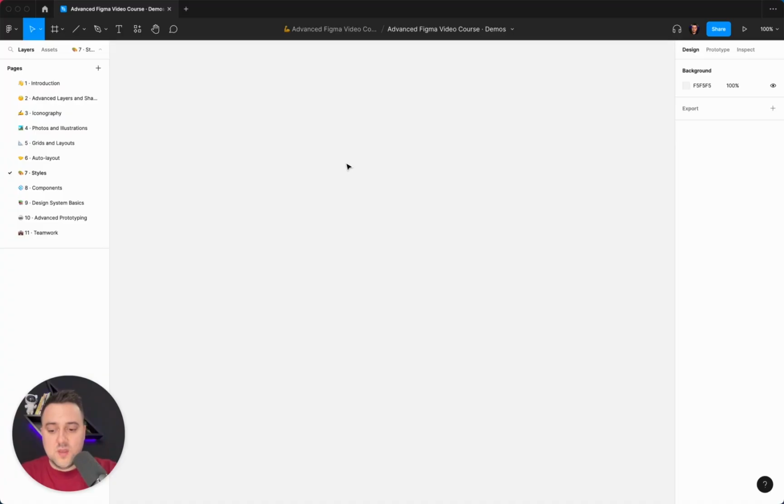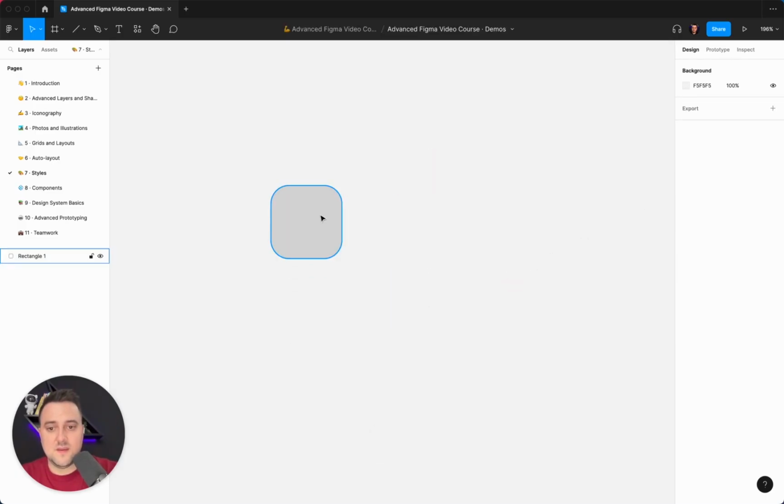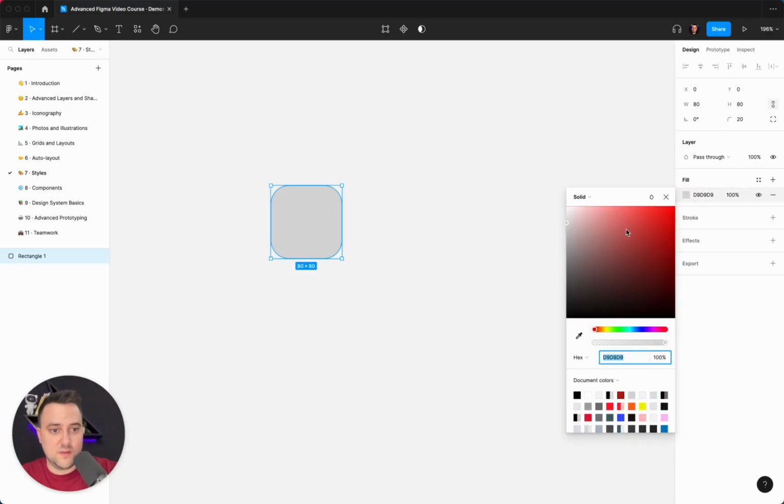So if we just create a simple rectangle like that, when you go in here under fill, whatever fill you pick is the fill that you can then create a style from. So let's say that we have a pretty common brand color like this. It's a blue one, and